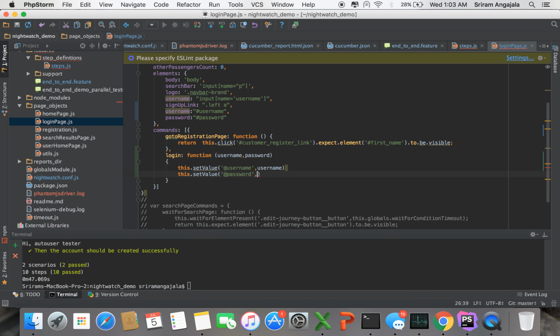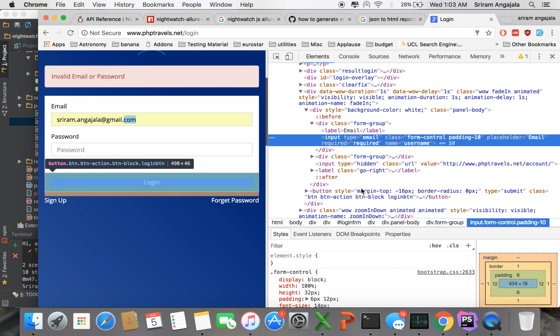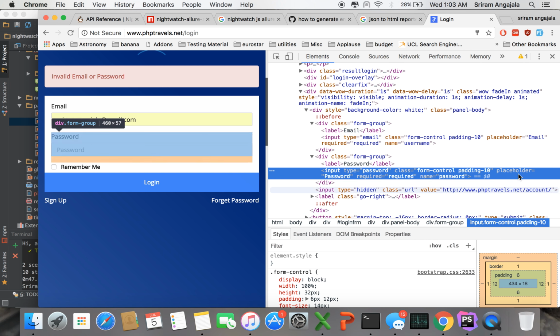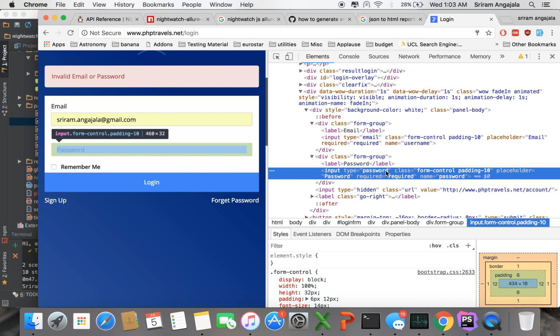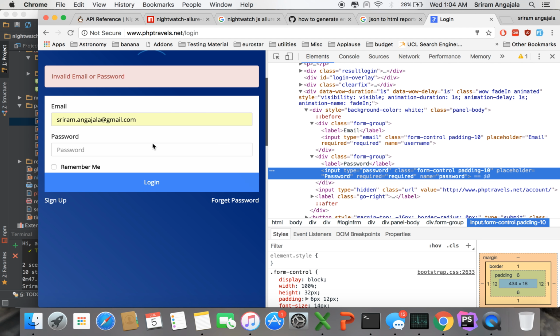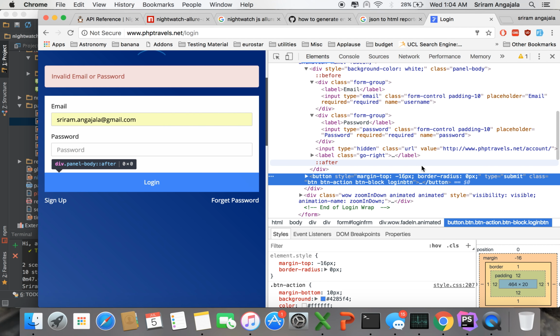Okay, so it looks like the locator is password. Just let me double check that we got password in the case of password. Name is equal to password. Yeah, okay, see. So we got this. So it's very simple. Now we created the aliases, we called them through aliases, and we performed this username and password. So the final bit that we need to do is click on the submit button, which is